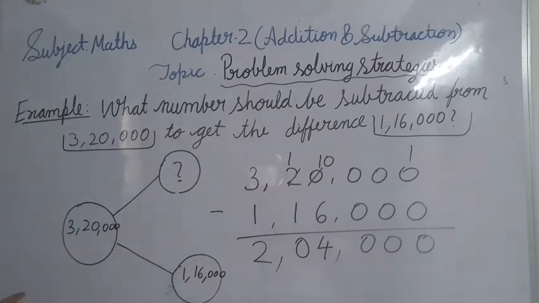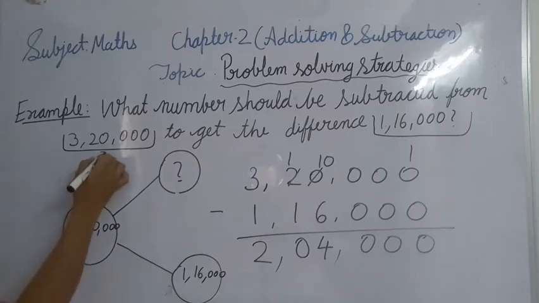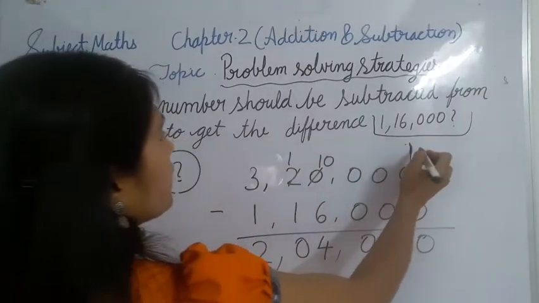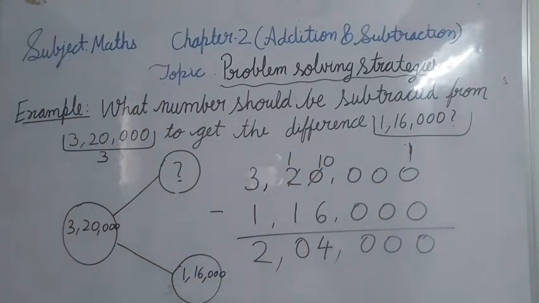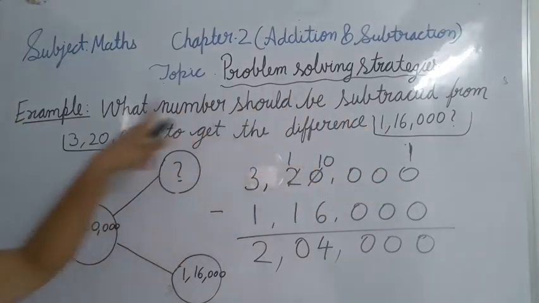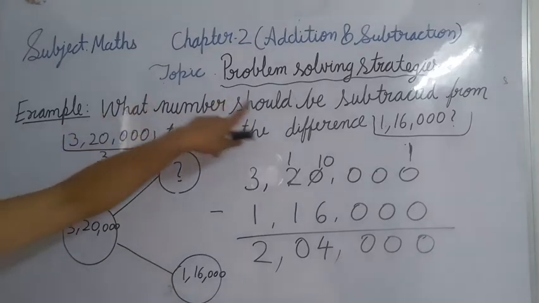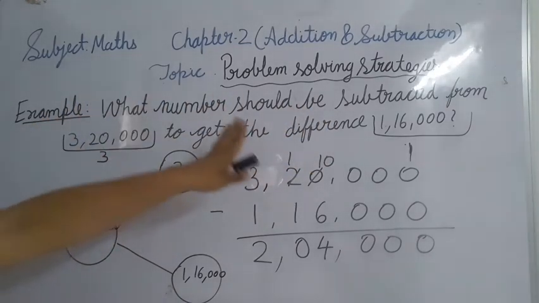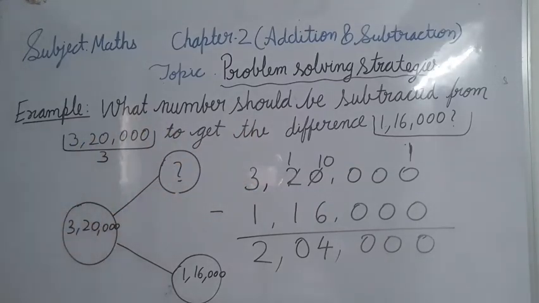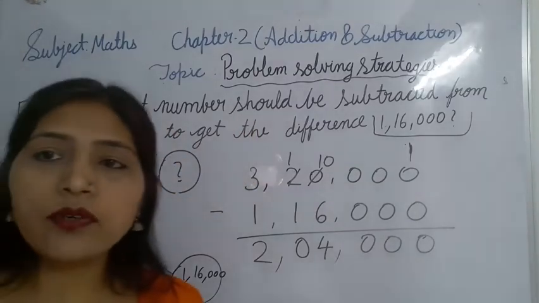So what are the steps we need to follow? Read the problem carefully. Observe and understand what they are saying, what they are asking, what they have given us. Simplify the number. You can simplify the number here, as I told you, you can take 1, then easily you can identify the difference. Yes. Or rewrite the problem. After simplifying the problem, just read the problem again. And now see here, you can use the number bond also to solve the problem. See, what number should be subtracted from. If you read the problem carefully, you will find the number bond also. Then which type of number bond you have to create.